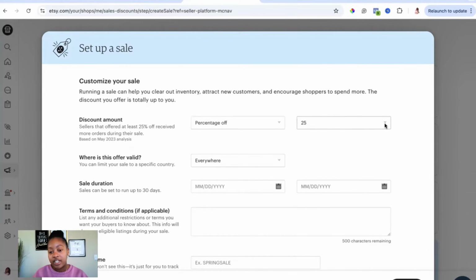I think I did 30% off. I did everywhere. I did it for 1 month, and I did it for every single listing I had in my shop. And so I offered 30% off for everything. And that definitely helped me not only get more sales, but I got more reviews, which in turn, your reviews can sell your products for you. Like, if people scroll down and see that you have a lot of reviews under a product, especially a lot of 5-star reviews, then that's pretty much going to help your product sell more and more by themselves,